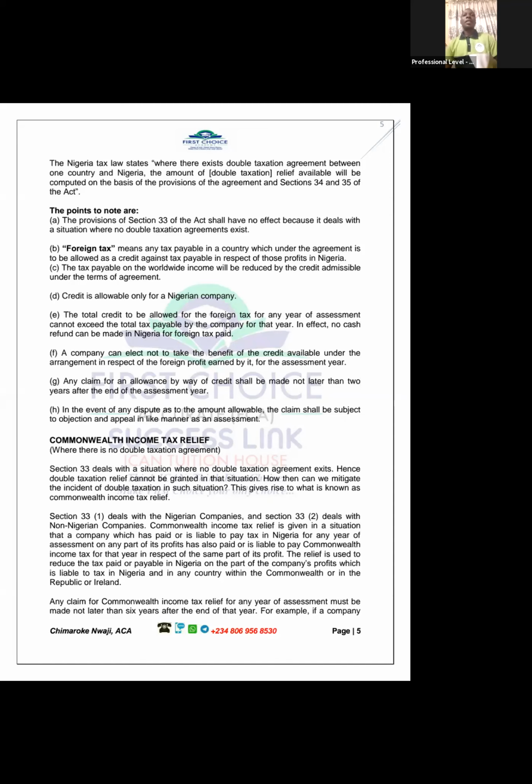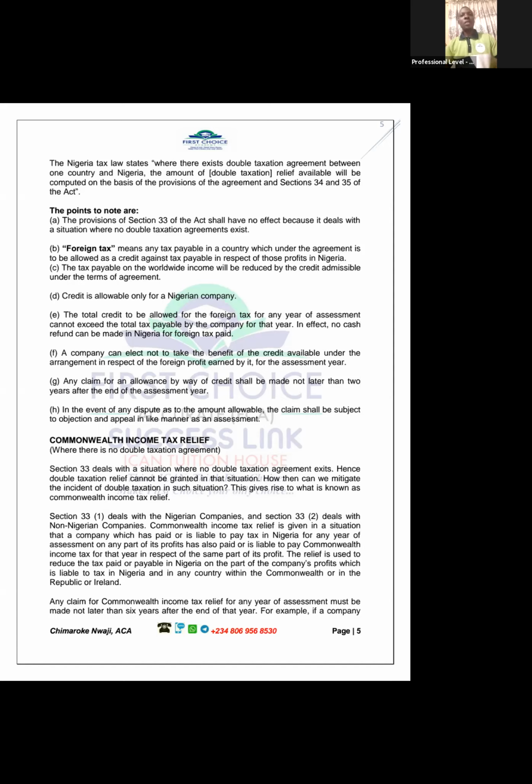Let's look at it again. They will bring the South Africa rate, they will bring Nigerian rate, and they will compare. As long as the South African rate is not higher than Nigerian rate, if they are equal, no problem. If it is lower than Nigerian rate, no problem. They will still slash down South Africa's tax rate again to half, and that is what they will use as relief. So the formula says if the Commonwealth rate of tax does not exceed the Nigerian tax rate, the tax relief will be 1/2 of the Commonwealth tax rate.